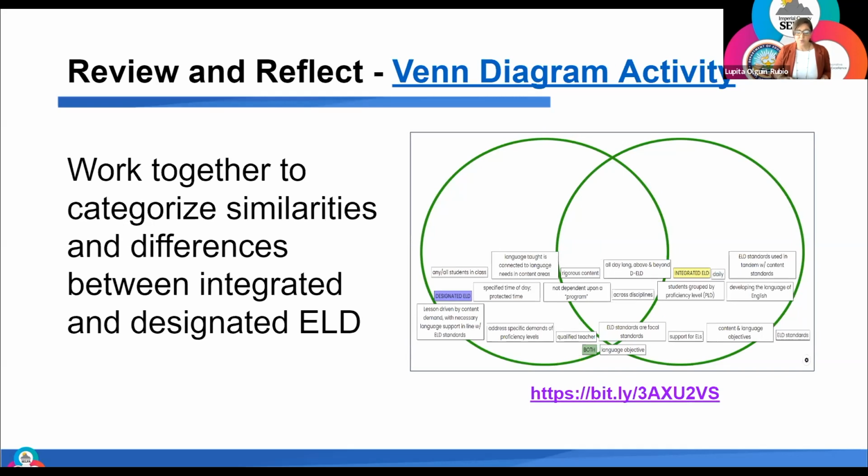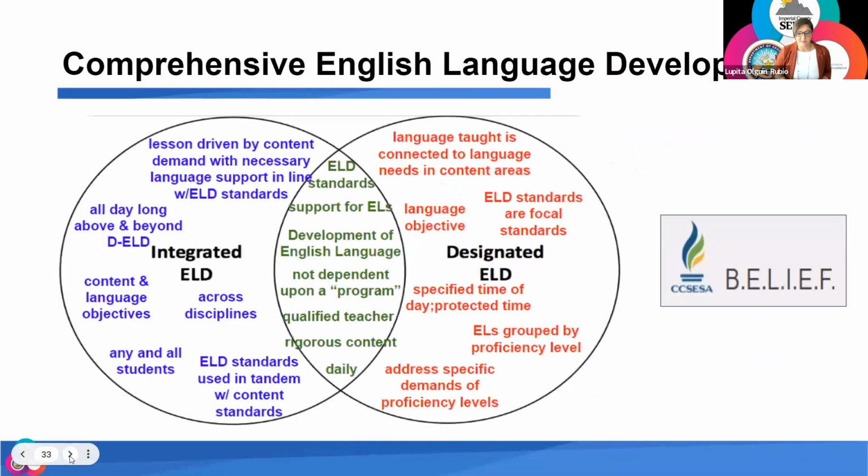I'm going to walk you through how this all plays out, give you the fast forward after a Venn diagram activity is completed, just to give you an overview of what some of the characteristics may look like. So once it's all said and done, some of the components or characteristics of comprehensive ELD can be captured here in this slide via this Venn diagram. So I'm going to focus on integrated ELD, the blue text in the slide. So when we're talking about